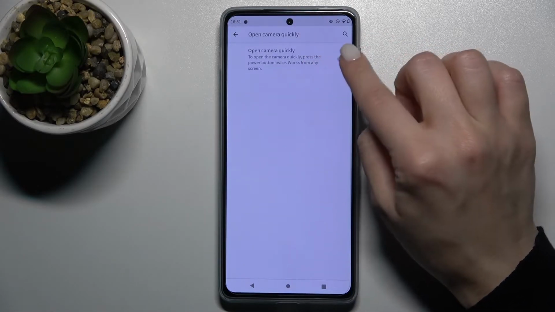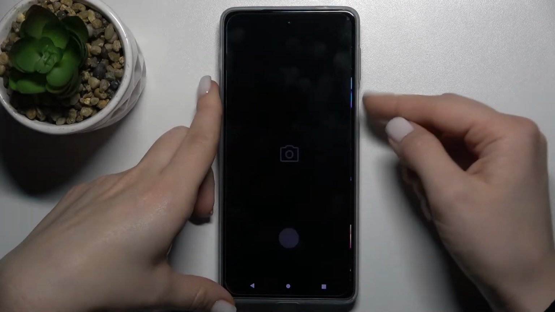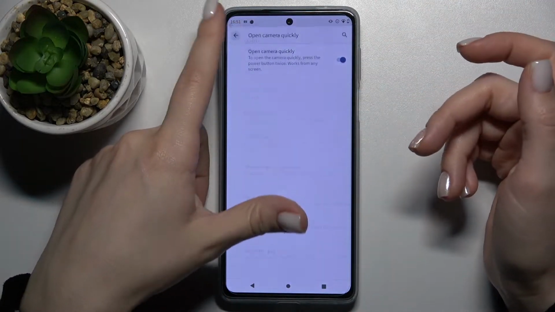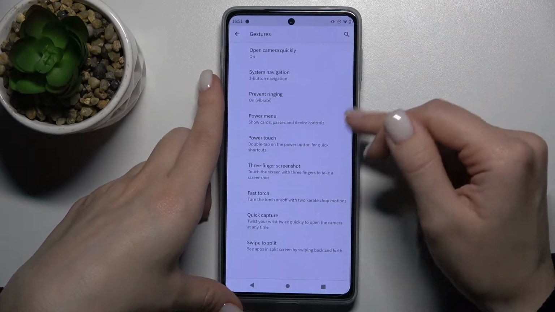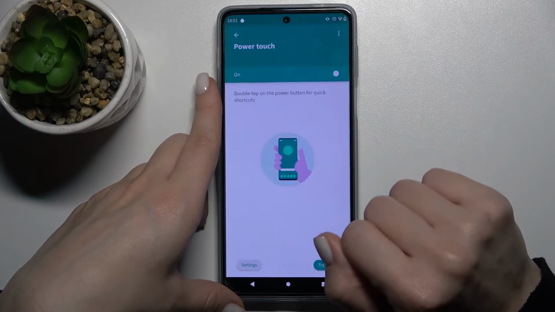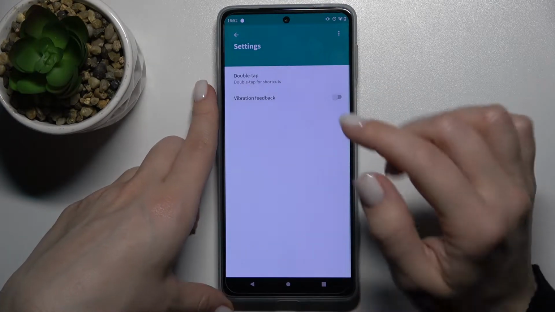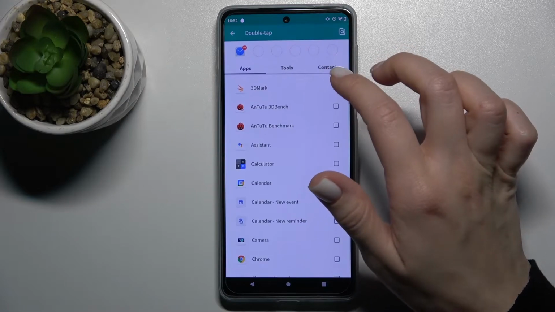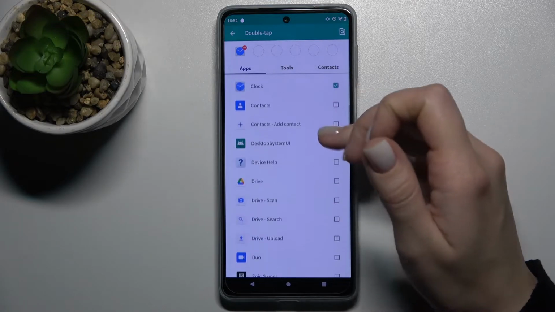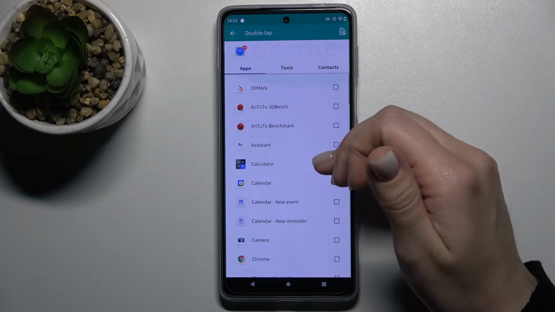Here we've got the open camera quick switcher that's turned on, and now we can launch our camera by double pressing the power button here on the right side of our phone. Also here is the power touch section that's turned on, and here we can go to the settings in the left bottom corner. Now just tap the double tap section, and here you can see and select the applications